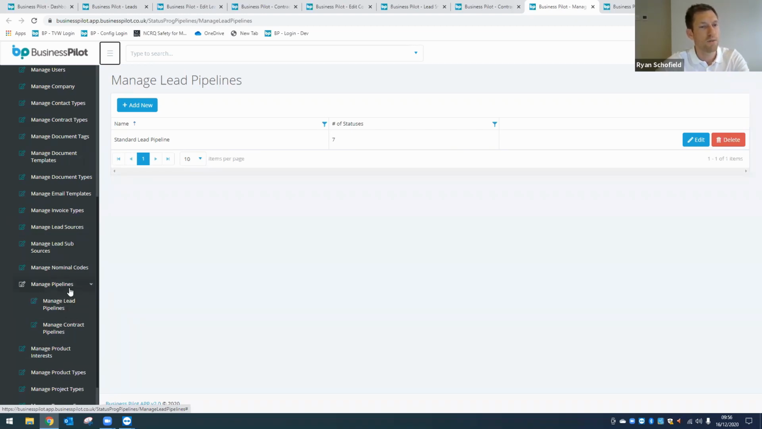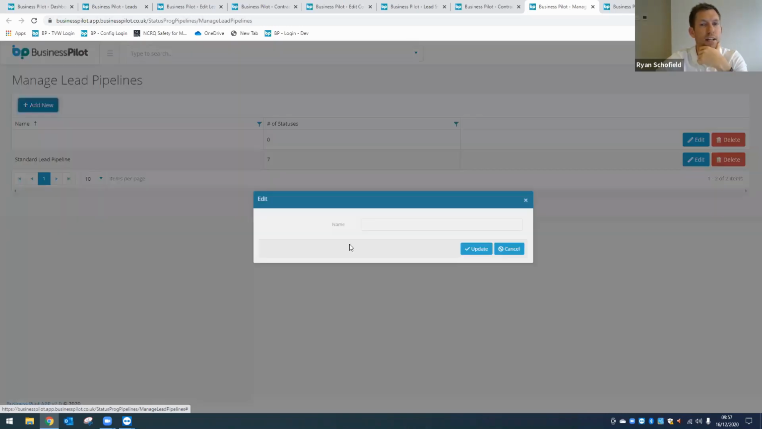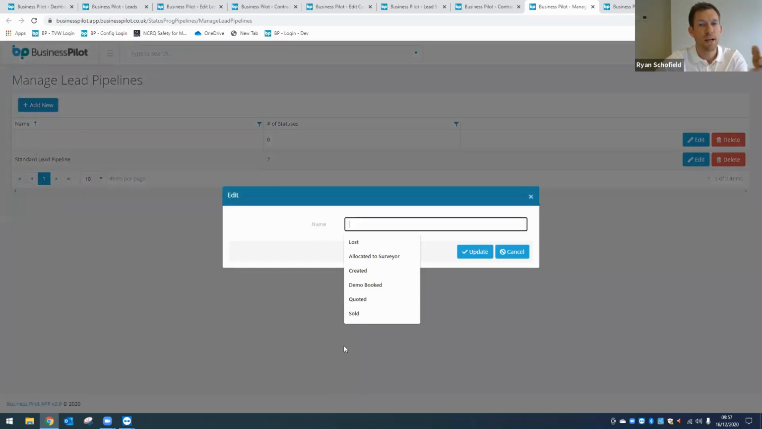So within the manage areas, you have a managed pipeline, and there is the managed lead pipeline and the managed contract pipeline. So I've previously opened up these tabs. So within the managed lead pipeline, you can see the standard lead pipeline, as we have called it, and that is visible straight away. We have the option to add a new pipeline, which would open up a new box, and